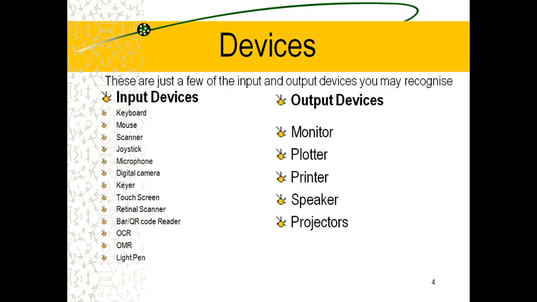If you want to open any icon, you have to double click the left mouse button on the icon which you want to open. And if you press the right button of the mouse, a pop-up menu will open, and from the pop-up menu you can select whatever option you want from the number of options. That is the use of the right mouse button.